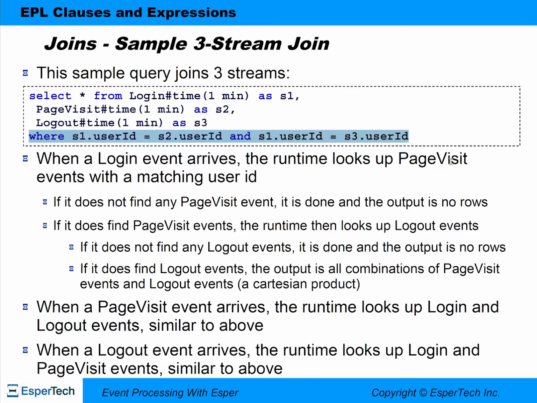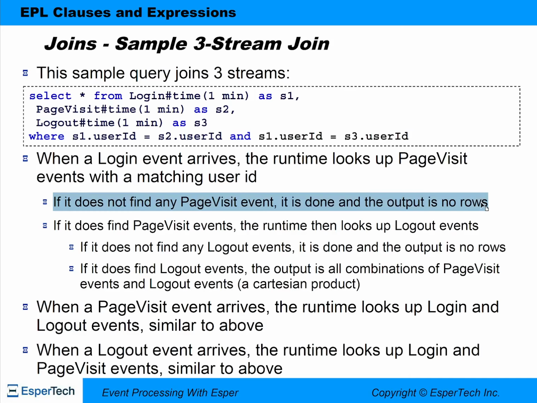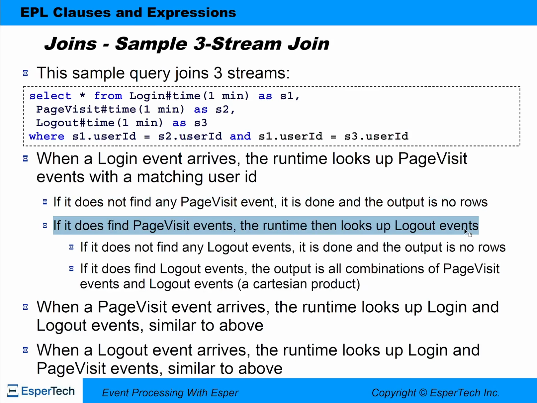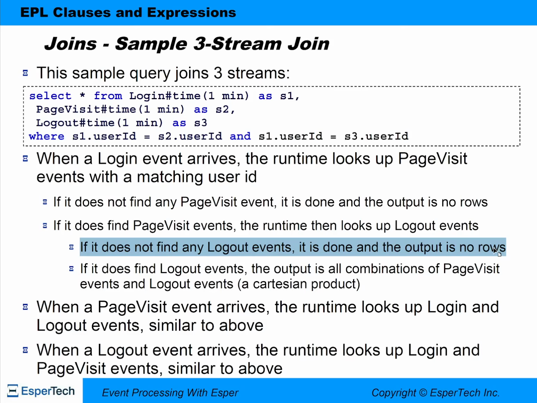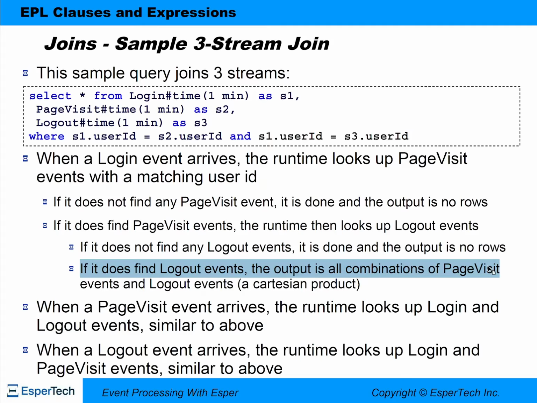When a login event arrives, the runtime looks up page visit events with a matching user ID. If it does not find any page visit event, it is done and the output is no rows. If it does find page visit events, the runtime then looks up logout events. If it does not find any logout events, it is done and the output is no rows. If it does find logout events, the output is all combinations of page visit events and logout events, a Cartesian